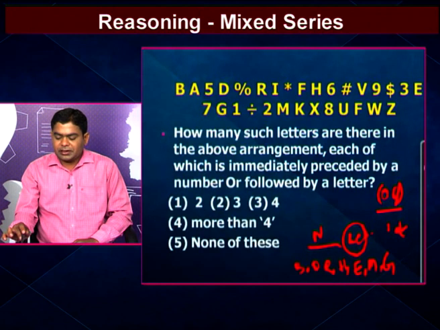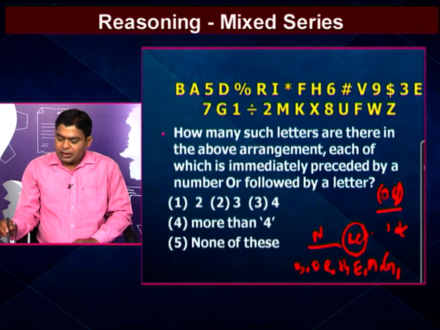So here, on the right side there is a letter, according to our condition. The right side is followed by a letter, so that one is satisfied, that means we count the K also. Next we go to the next letter, that one is X. It must be preceded by a number, but there is no number, only a letter is there. That's why we go to the right side, it must be followed by a letter, but here it is followed by a number, that means X does not satisfy the given condition.